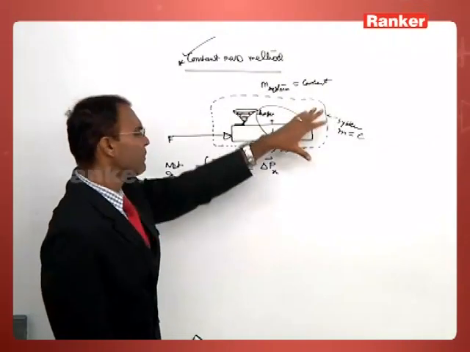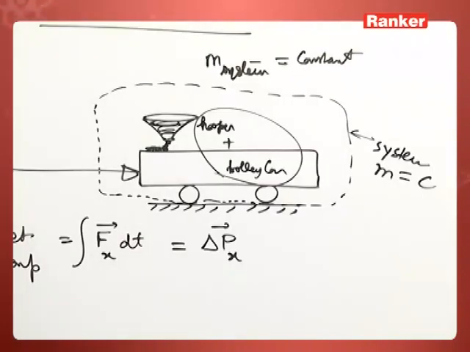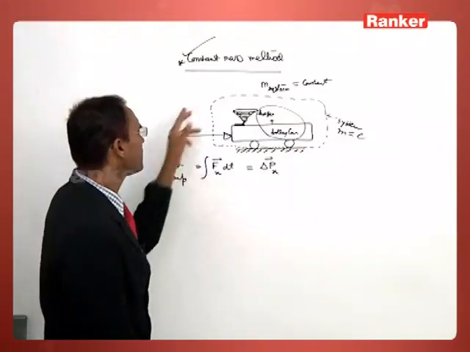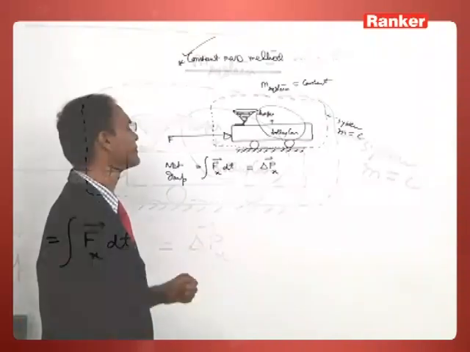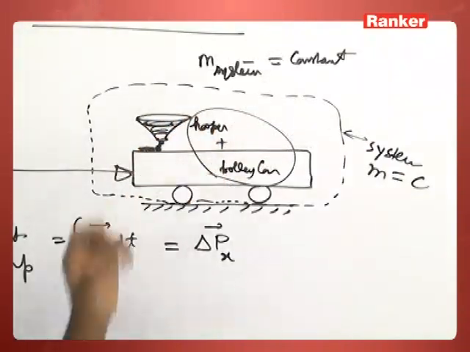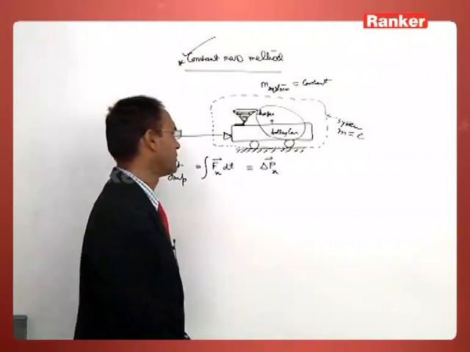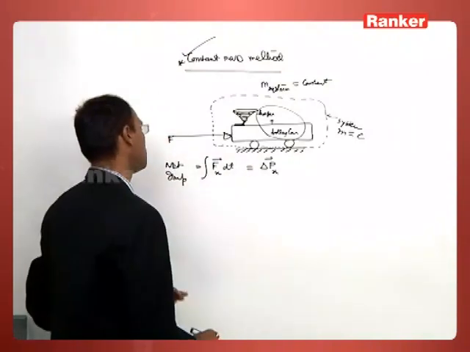We are applying the impulse momentum equation of the system of constant mass. The system is hopper plus trolley car along horizontal direction, which states that